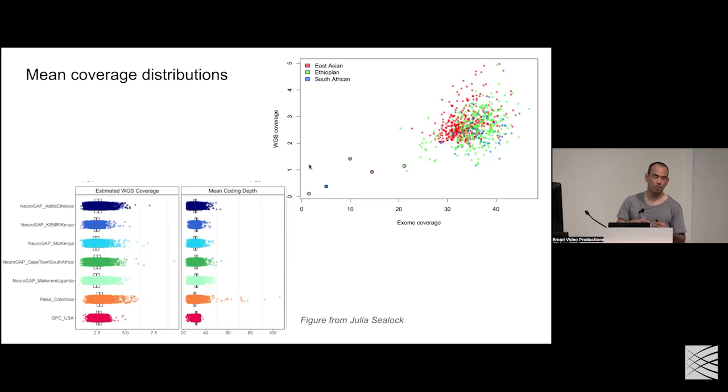But these low pass imputation approaches will work at 0.1x, 1x. They will do better as you go up, but they will asymptote in terms of imputation performance. I won't say it's not linear, but I think once you get at least 1x coverage, you're doing pretty well in the imputation landscape. This is another thing, just to show the distribution of these coverages. You get anywhere from 1 to 5x. This is a much larger cohort, and then you get around that 30x